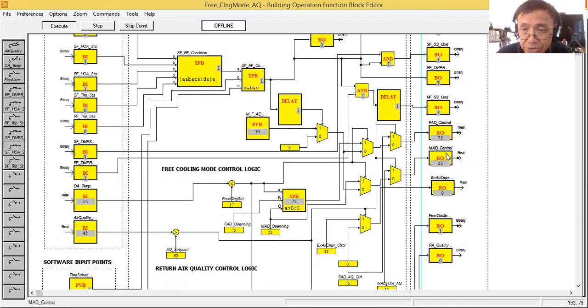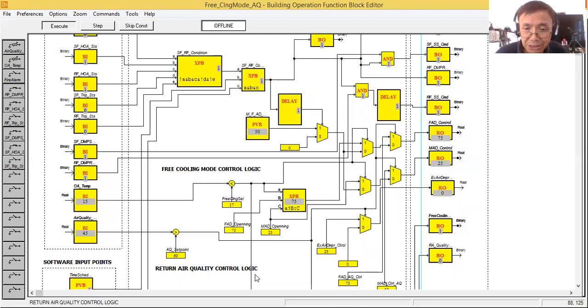Now, as I said, these values for the opening of the dampers should always be coordinated with the mechanical engineer who is in charge of the air balancing. In a project, if there are so many air handling units, the MEP company will hire an air balancing company. They will be the one to balance the air supply to every room in the project. So a separate, third party company will do the air balancing. You can always coordinate with the mechanical engineer in charge of the HVAC on what the values for these dampers will be.